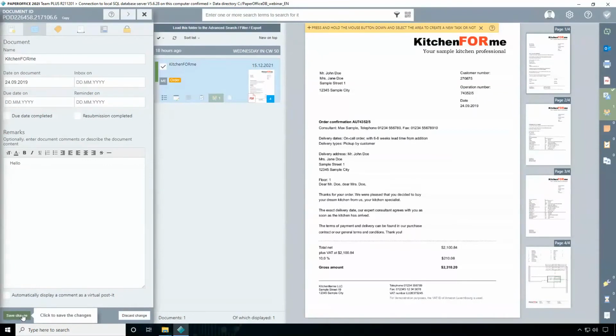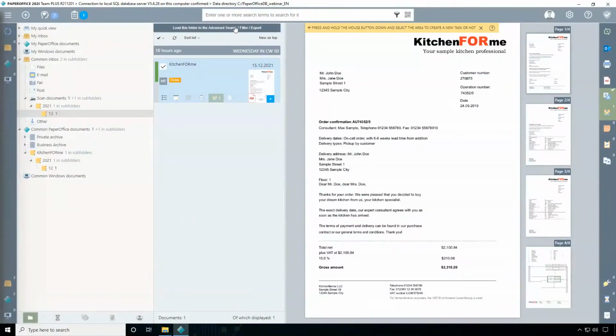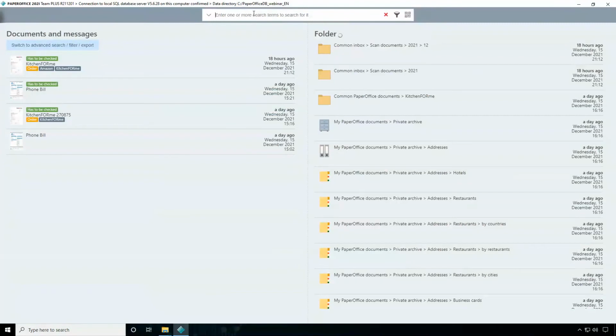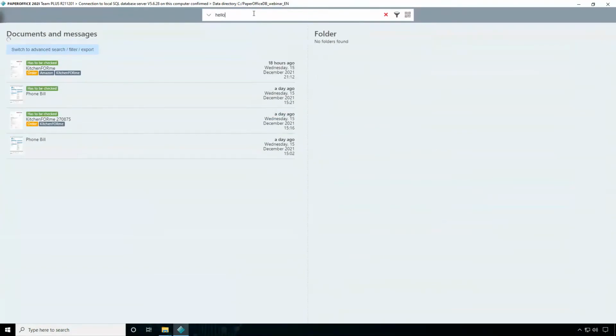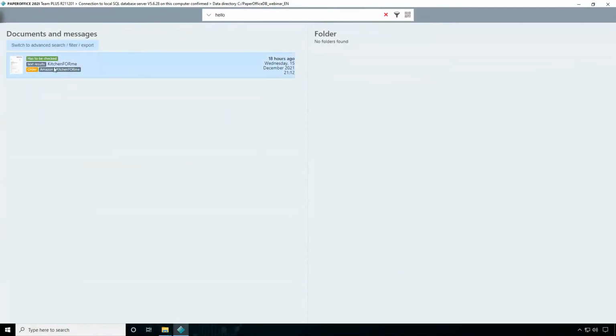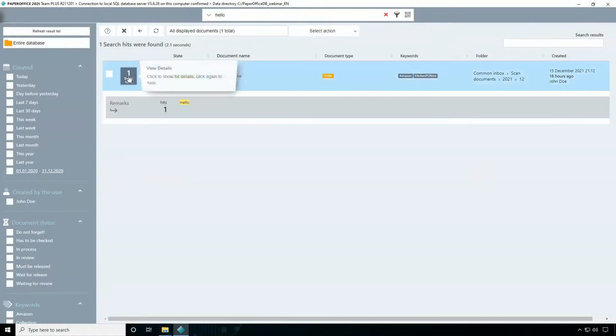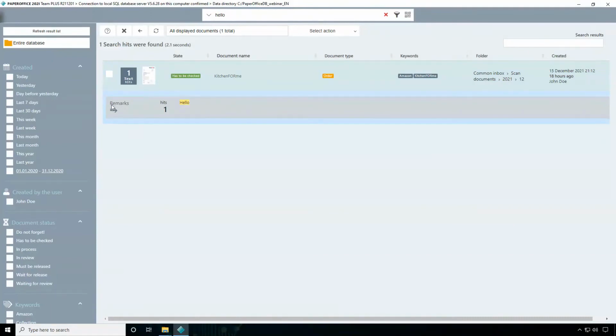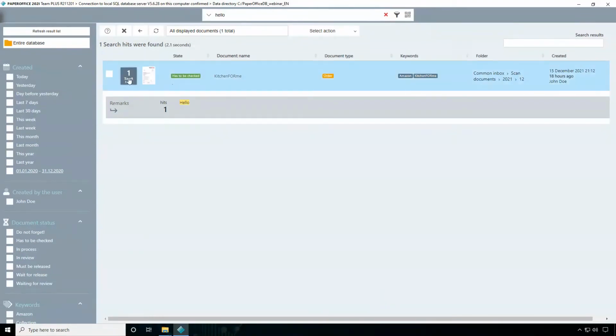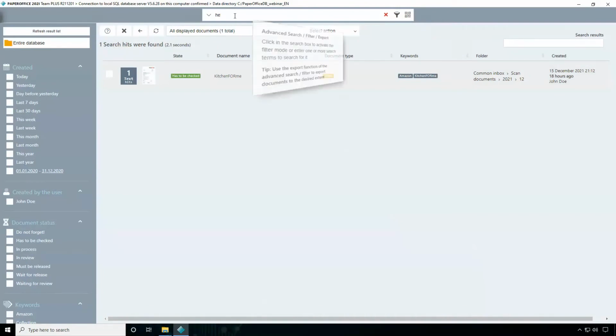We save the changes. And now if we go to the search bar on top here and I enter the word hello, I already have a hit. And if I go to advanced search, we can see that not only the OCR, also all the fields are searchable. So you can see here remarks, we have one hit with the word hello. Exactly. And this is for all the text fields. Okay. I can close this again. Let me delete this and go back